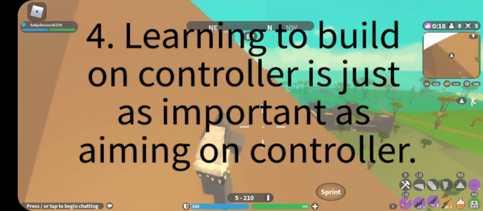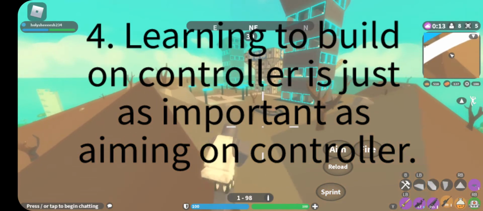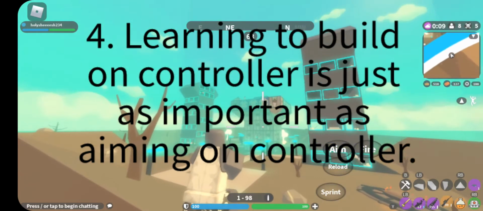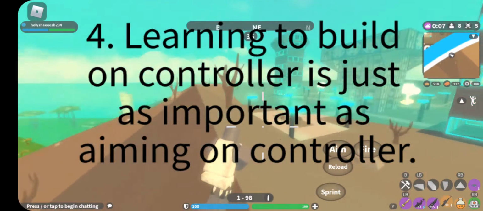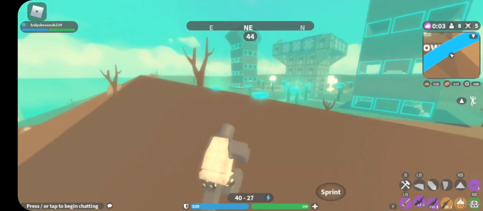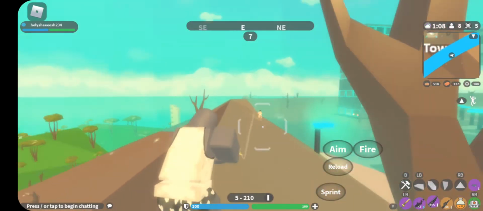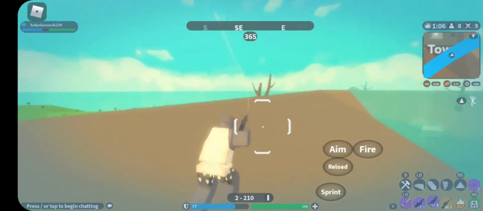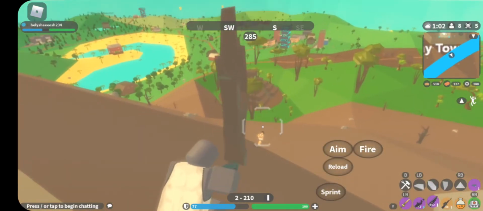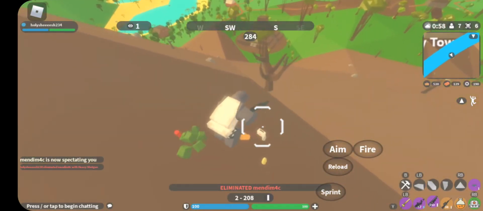Tip number 4. While I have been talking a lot about getting good at your aim and the weapon you use and how you fight, and where to fight, make sure you know how to build. Getting good at building on controller, especially in Island Royale, is insanely difficult because you are basically locked to Combat Pro settings, which is like you have to scroll to each building piece, and there's also no keybinds, so you can't just press a button and it immediately goes to stairs or floors